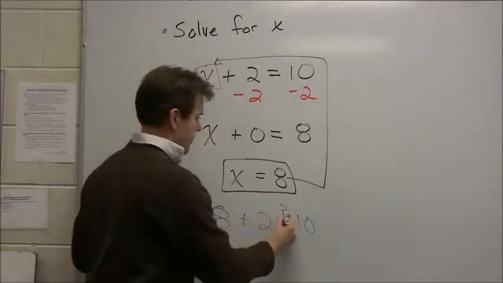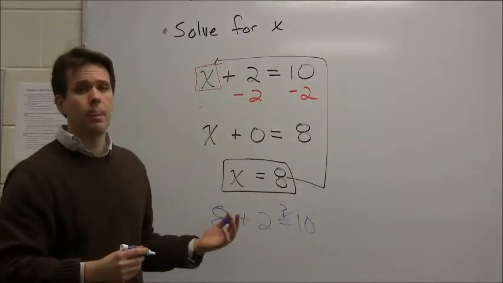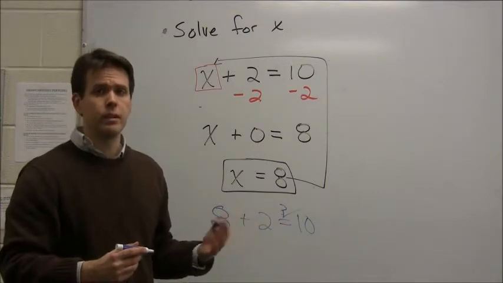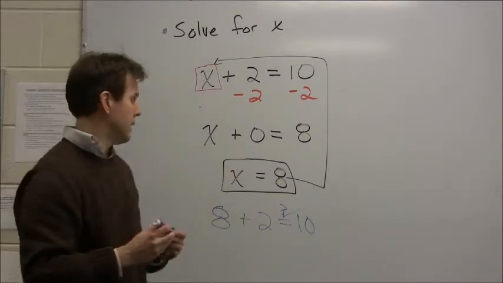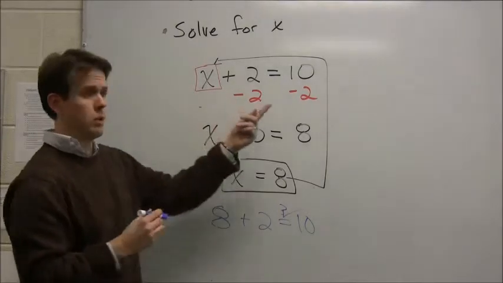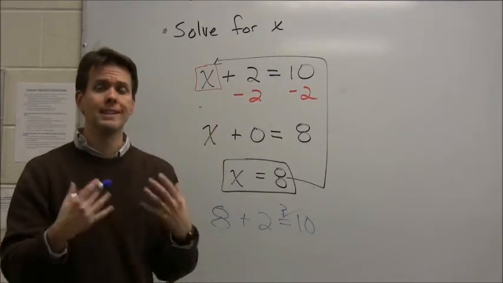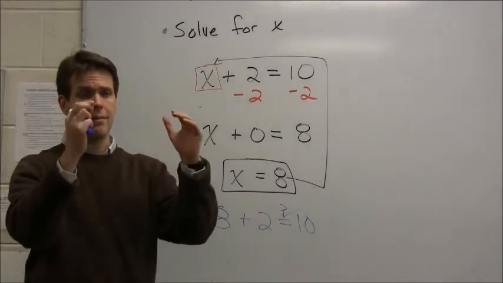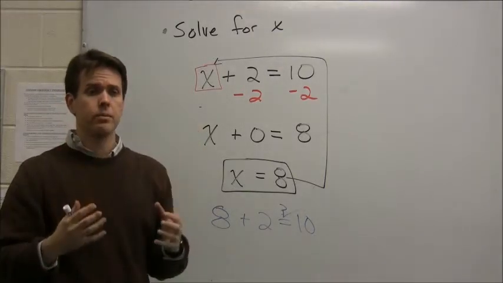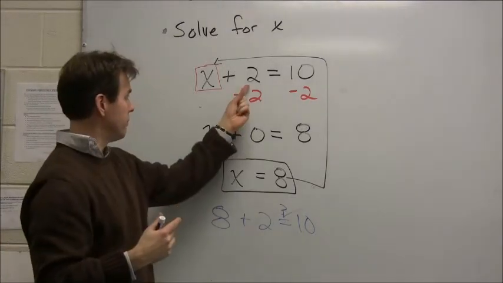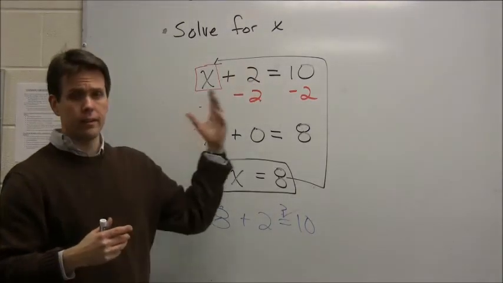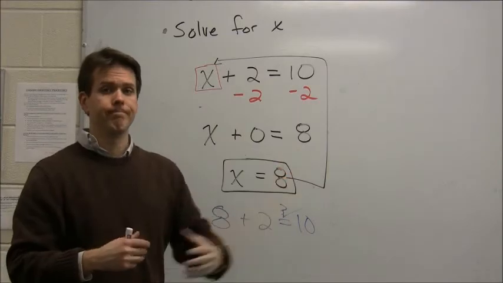Sure it is. Now later on, these get a little trickier, right? They may have fractions or decimals. If nothing else, they'll have more numbers involved. So these can get a little trickier than simply x plus 2 equals 10. So that's what we're trying to set you up for. We're trying to set you up to where you can just kind of mechanistically, algorithmically go through these using these procedures of moving the term, in this case a 2, to the other side by doing the opposite operation. Okay, we'll try to solve